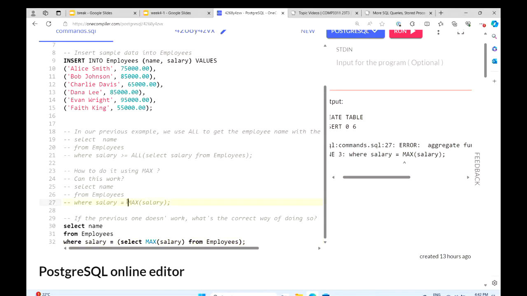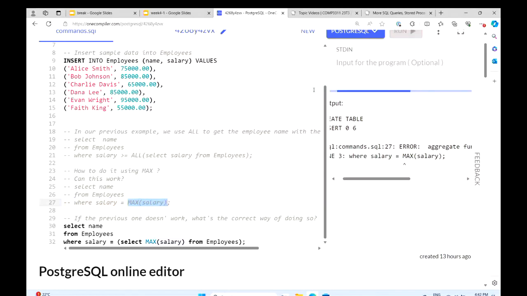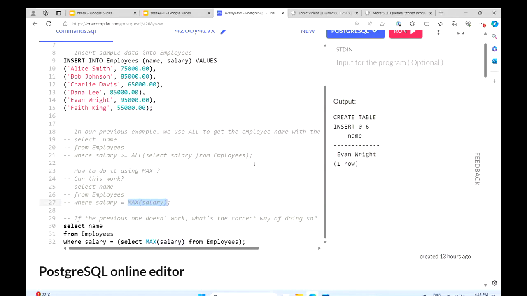Instead of putting the aggregate function directly inside the WHERE clause, we wrap it with a subquery. This is how we do it, and you can see that it works exactly the same as how we use ALL here.